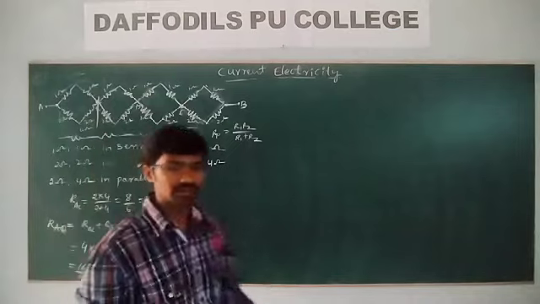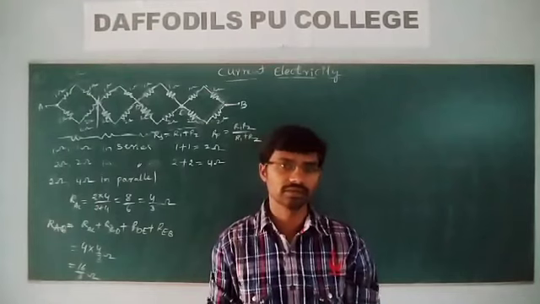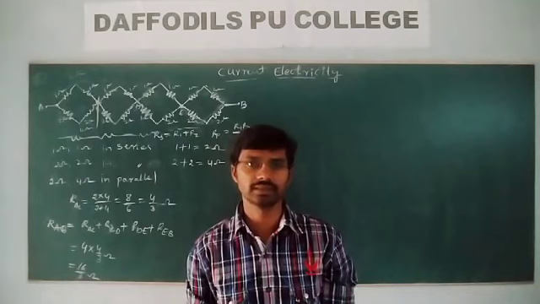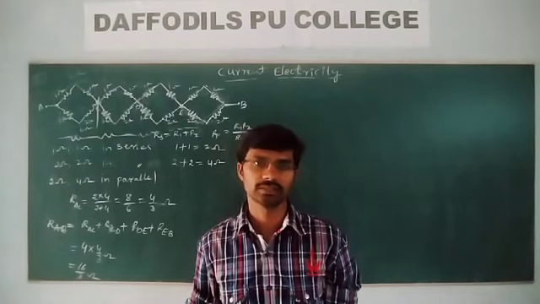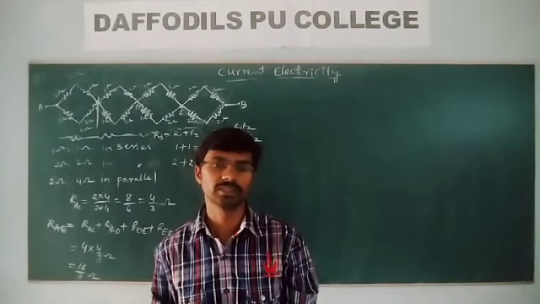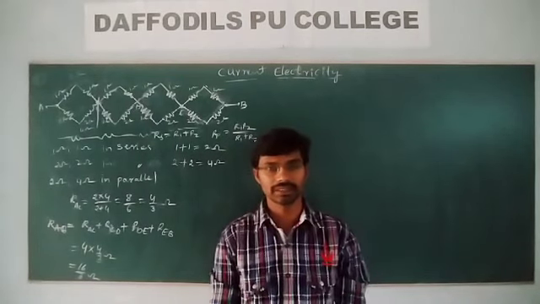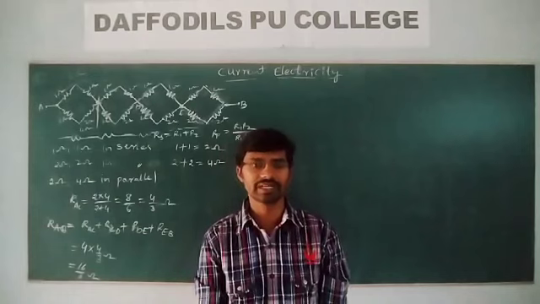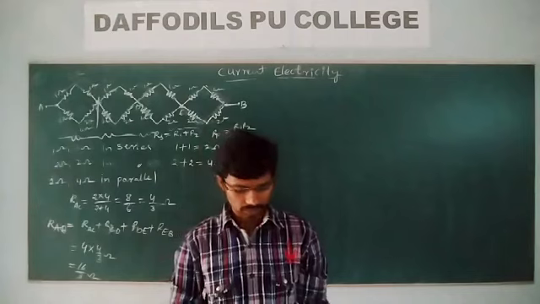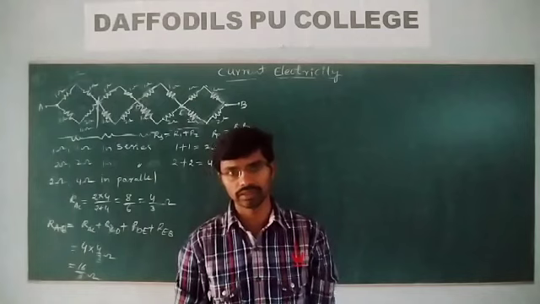So this is what we have seen, some applications based on current density, and we have discussed the concepts also. This is very important from the point of view of objective questions, and not only objective and theory, but even practical examinations: Wheatstone's meter bridge and potentiometer, or the verification of Ohm's law, and how to calculate the resistance of the coil per unit length. So we have to concentrate more on this topic to achieve a good rank or good score. Is it okay?